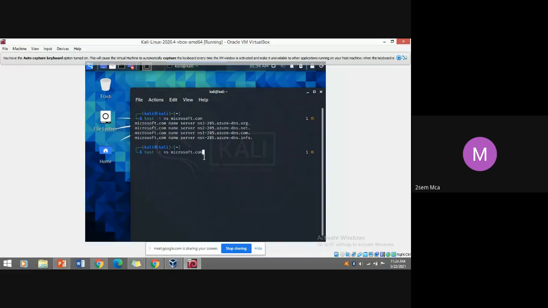Suppose you want to know about the mail exchange server of Microsoft: host, option -t, MX. MX stands for Mail Exchange Server.